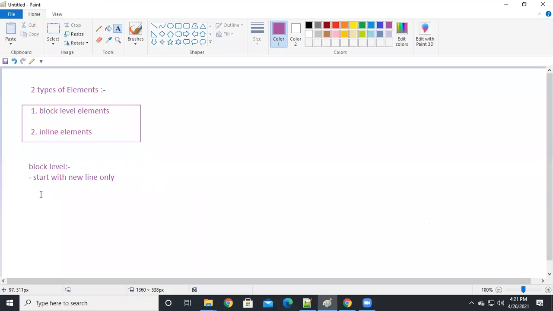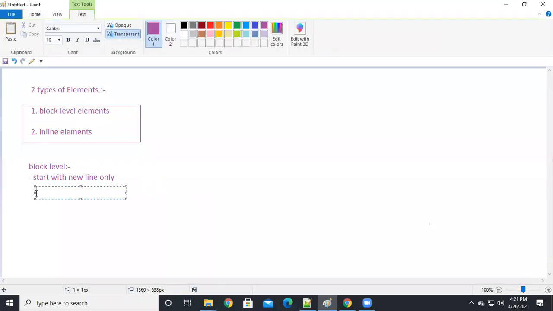Suppose we have elements like heading tags, all heading tags, and we have a paragraph, a div element, list elements like OL and UL.